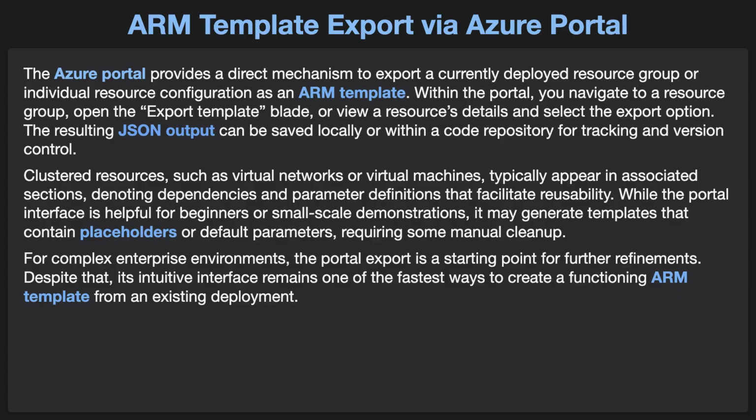Clustered resources, such as virtual networks or virtual machines, typically appear in associated sections, denoting dependencies and parameter definitions that facilitate reusability. While the portal interface is helpful for beginners or small-scale demonstrations, it may generate templates that contain placeholders or default parameters, requiring some manual cleanup. For complex enterprise environments, the portal export is a starting point for further refinements. Despite that, its intuitive interface remains one of the fastest ways to create a functioning ARM template from an existing